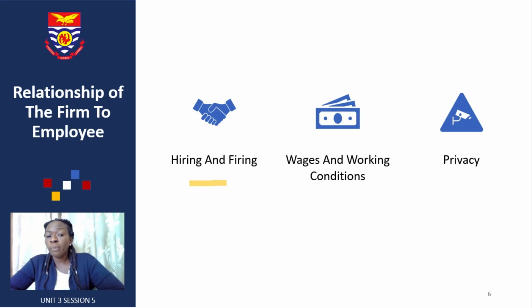Privacy. Employees have to have a level of privacy. And so you realize that in Ghana, if you have a building and there are CCTVs in there, you're supposed to have a public notice of it. And everybody knows that there are recorders by CCTV in there. So if the person knows that what I'm going to do, I don't want it to be filmed or captured, they don't come in there as well.